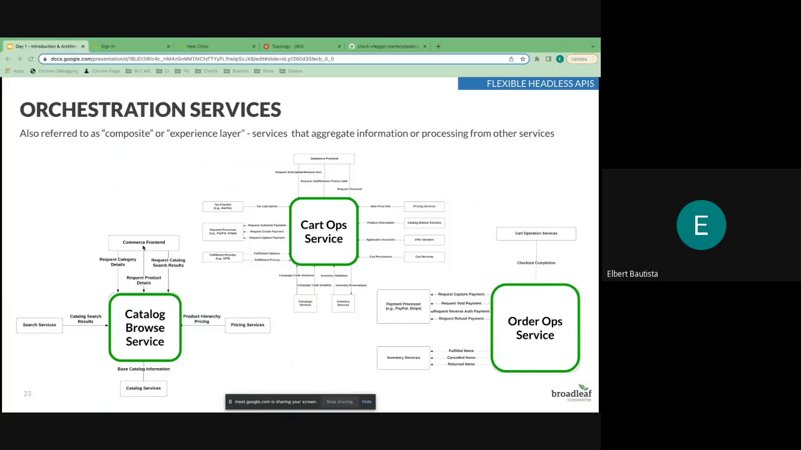In order to produce a product detail page, you need to call out to a catalog service to get the details of maybe the product. You might also need to call out to a pricing service to fetch the details of that product for that particular context. You might also need to call out to the search service to render the product listing pages. There are multiple services that you might need to call from a synchronous perspective